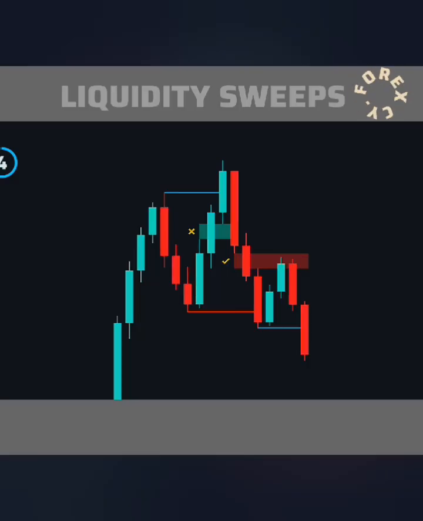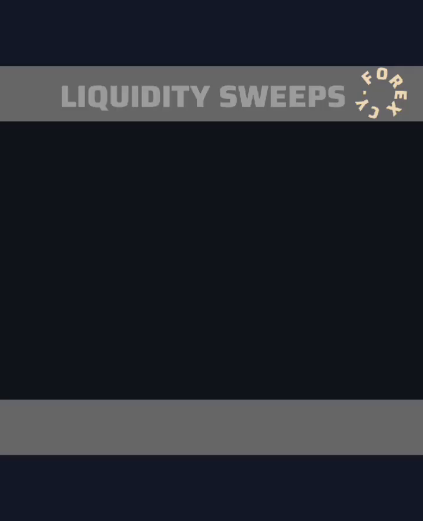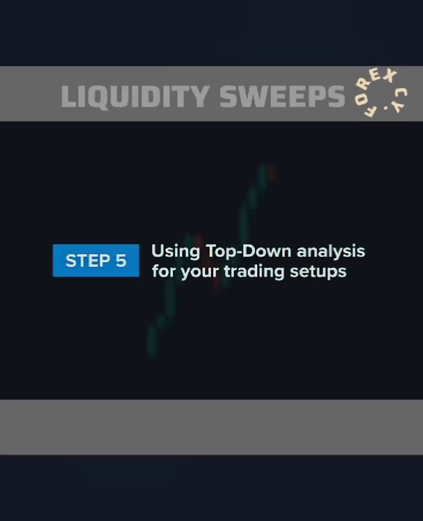And the important note to take here is that we shouldn't actually be taking trades solely on how the price reacts to the external range liquidity. Instead, we should be looking at how the market structure forms, and then look for entries when it has shown a clear directional bias. Which moves us on to the next step, which is that we should be using top-down analysis when looking for our trade